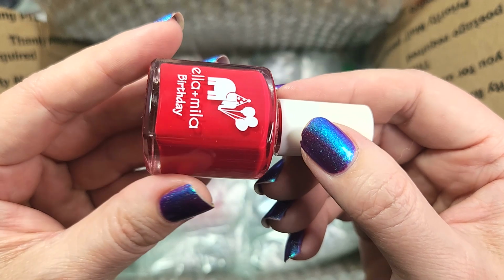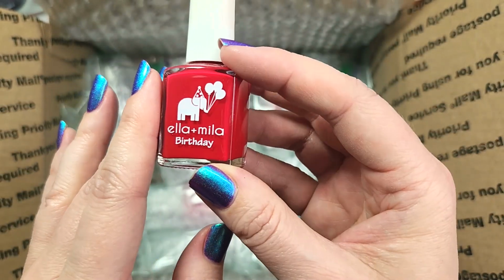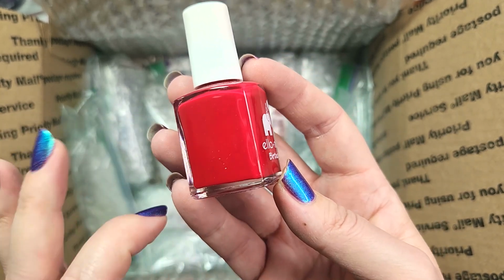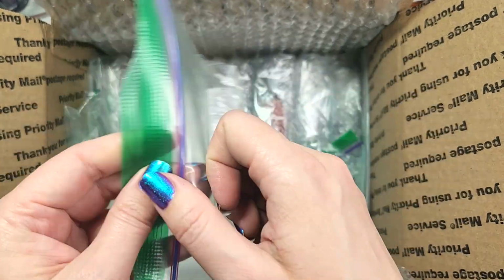So it's just really interesting, but I'm going to go ahead and hold onto this one and give it a try. Yeah, like I said, I kind of like the tone to it. It's got this, in person anyway, that cherry, almost raspberry tone. Next up,